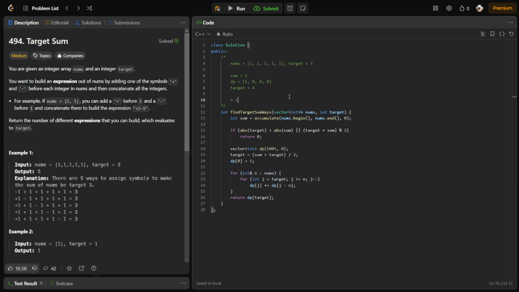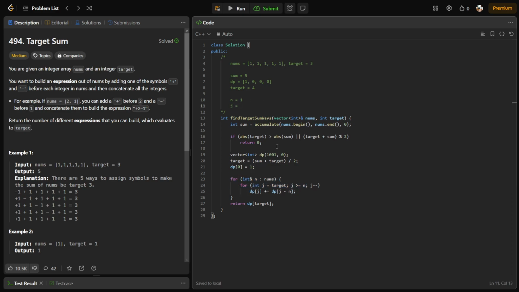So this for loop will start by iterating through all the numbers in nums. In this case, since all the numbers in nums are ones, we'll just keep n the same. Next we have j equal to target, which is 4, and it will decrement as long as it's more than n,